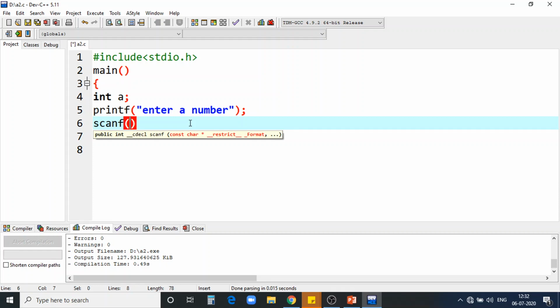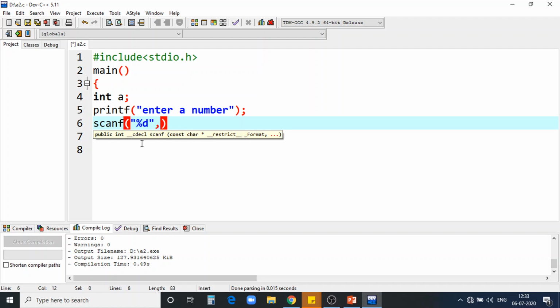In the keyboard, what are you supposed to type? An integer. For that the format specifier is %d. So I'm going to read an integer number. Now you can type any integer number on the keyboard. Where to keep it? I want to store it in a.